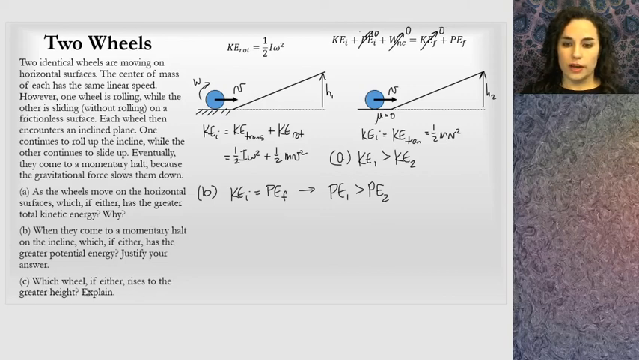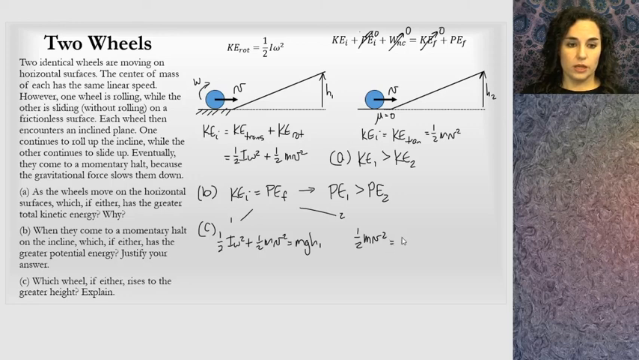Which wheel, if either, rises to the greater height? Explain. Okay, well, I'm going to keep working with this equation here, and I'm going to have two versions of it. The first case is the case where we have both rotation and translation. So I can write down those terms, 1/2 I omega squared plus 1/2 mv squared equals mgh1. In the second case, I get 1/2 mv squared equals